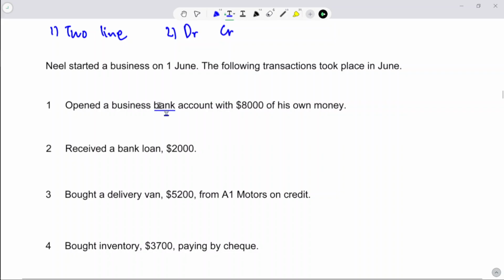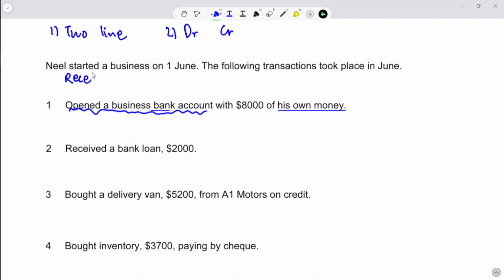Then bank is one line, and own money is also one line. Bank, what do you say? Open a bank account. Let's say here bank. Open a bank account, which means